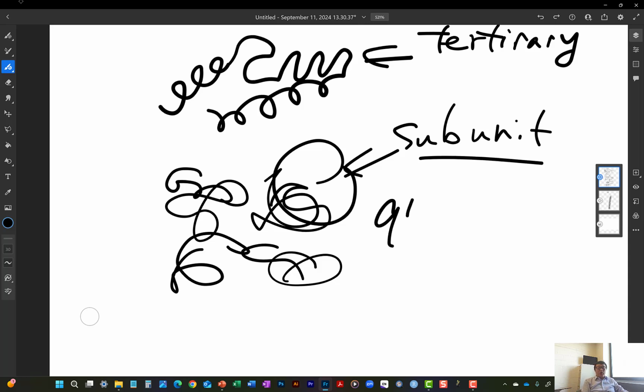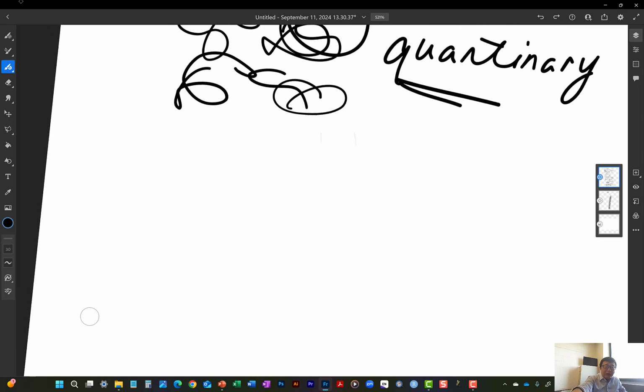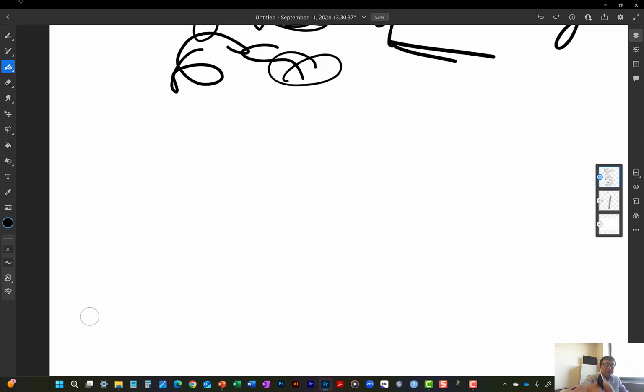This we call quaternary. I'm not sure my spelling is correct. Again, quaternary structure. And please keep in mind that not every protein has a quaternary structure, because some proteins have only one subunit. So this, and then the last thing about protein is, we already mentioned this, called protein